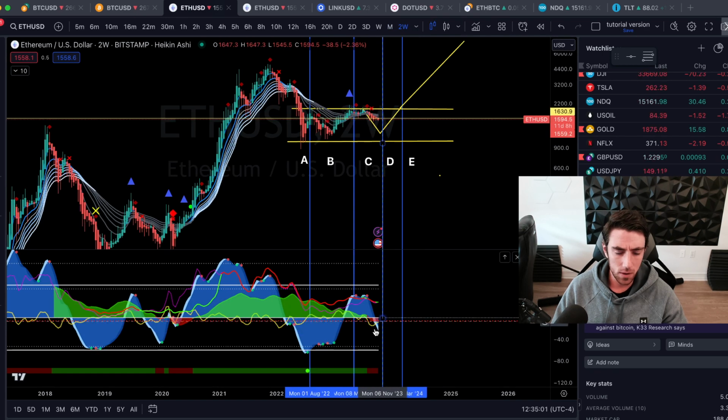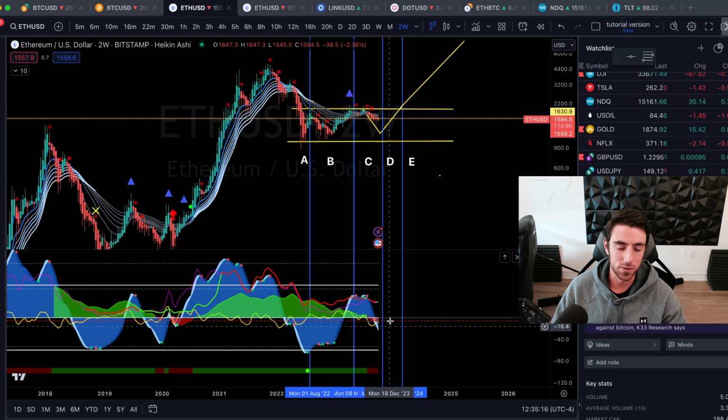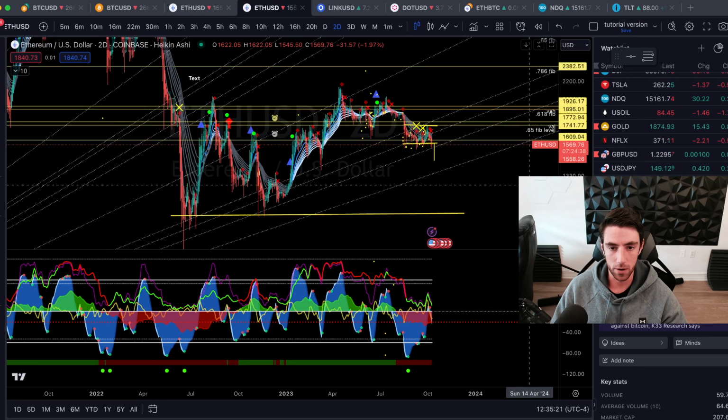2-week VWAP coming up, but I don't think there's going to be anything too promising there. I think we're going to come down farther with this and form more of an anchor wave rather than a trigger wave right here, or maybe a deeper trigger wave off of this point, maybe around -36. Yeah, you've got a month or two to go here. So that's Ethereum right now, and then let's look at more of the marked up chart, more of the short